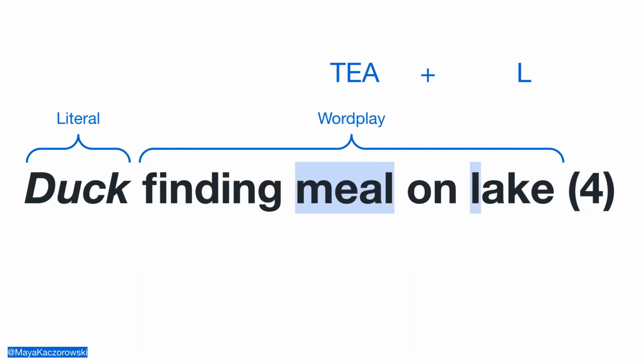And we'll take L for lake, as that is a known abbreviation, for example, that might be used on maps. Add those together and we get teal, which is the word that I learned. It's a type of duck. In fact, I probably saw one in Golden Gate Park yesterday.